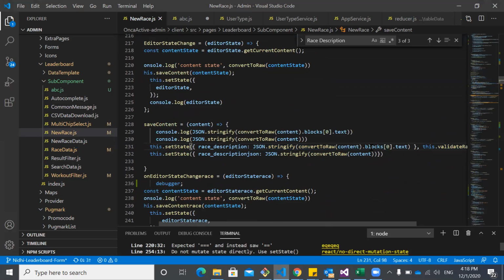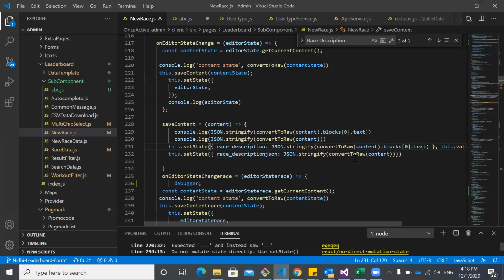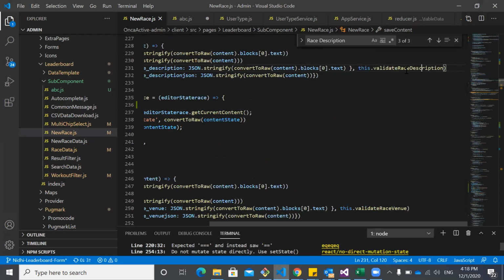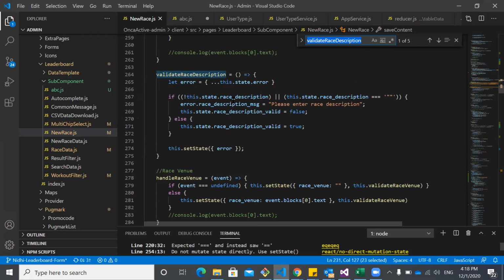We have to check whether the data someone is entering into the editor box is right or not, meaning whether the data is undefined or not. For that, we are calling the validate restriction method over here. See, that method is here. In that, we are checking if the state rest description is undefined or a blank string.